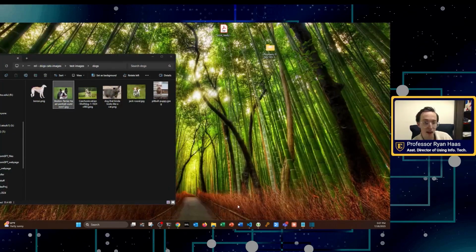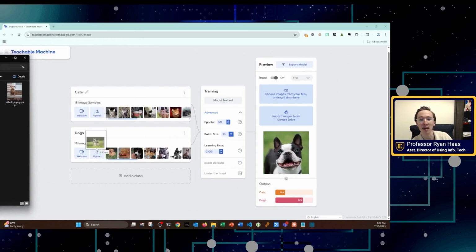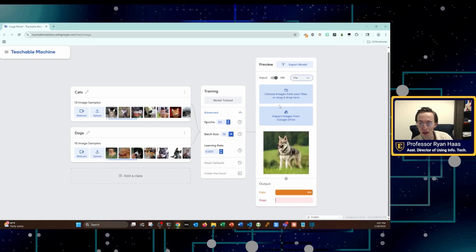All right, so let's try a Czechoslovakian wolf dog. No Czechoslovakian wolf dogs went into our training data, so let's see. And look at that. Cats, 99%. So what went wrong here? Well, there weren't any dogs that quite matched this build. I would say the German Shepherd is probably similar, but there's only one picture of him in our whole training set. And there are some anatomical and texture properties that match cats. Like, look at this cat's ears versus that one, right?